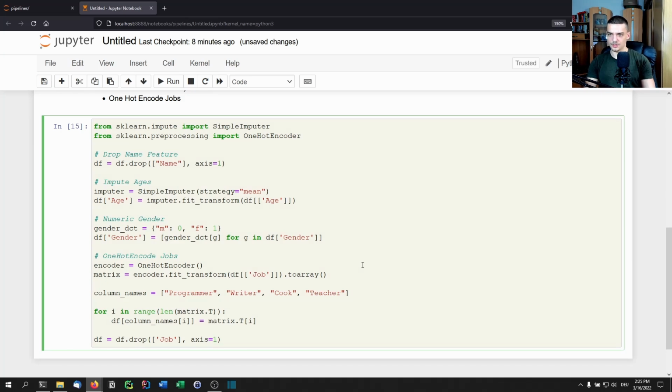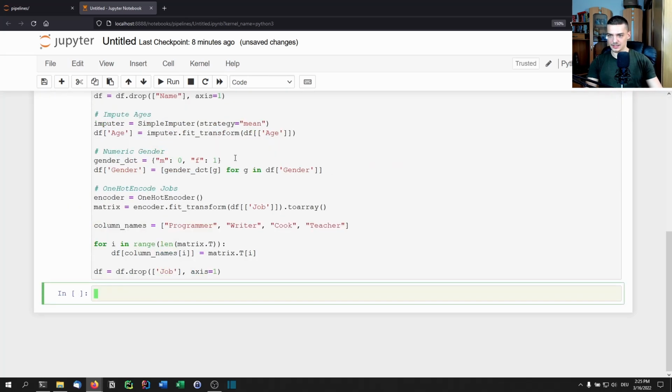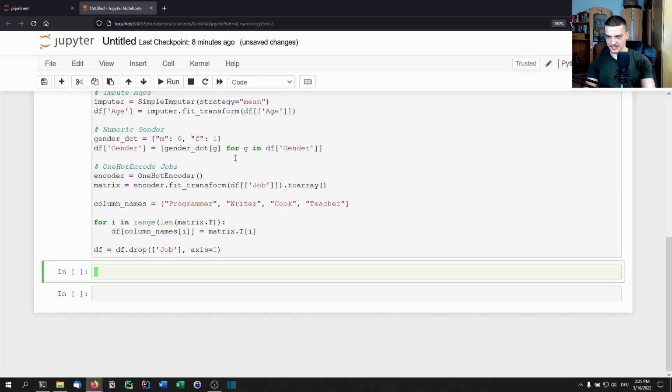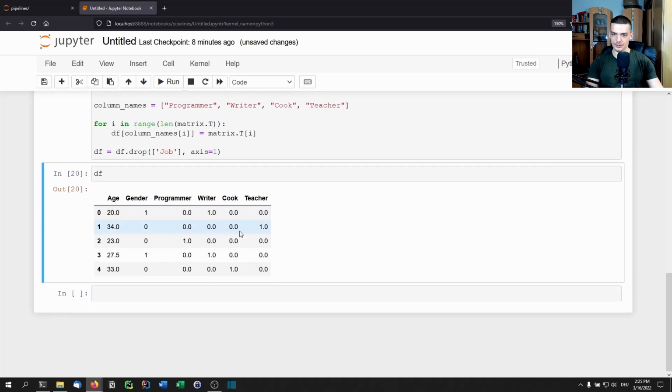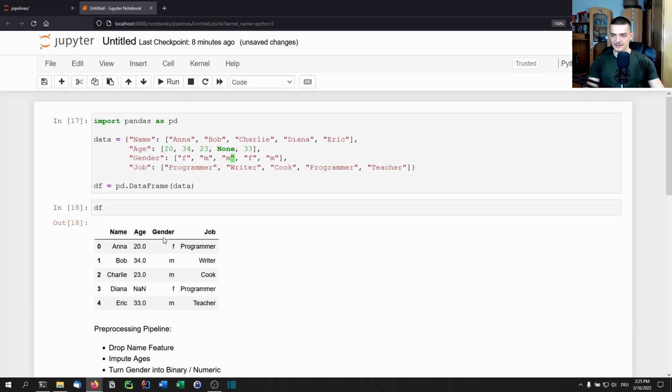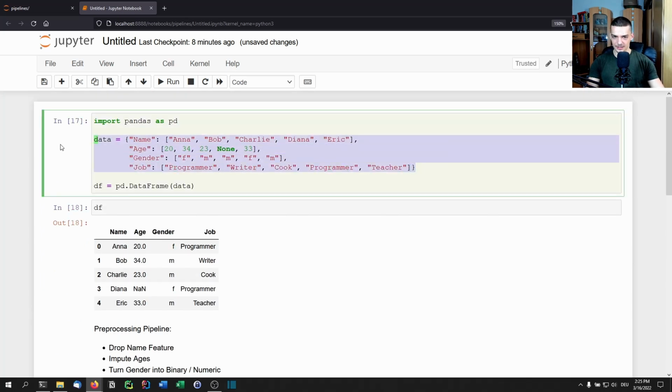Axis equals 1. Now we need to run this again. And then we should be able to actually have the pre-processed data frame if it is also printed. There you go. And this is what we want to end up with. Now the problem is that if I go ahead now and I copy this here,